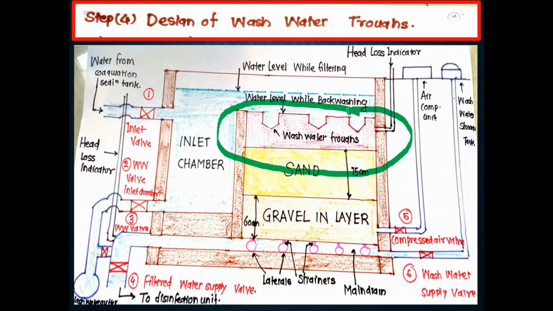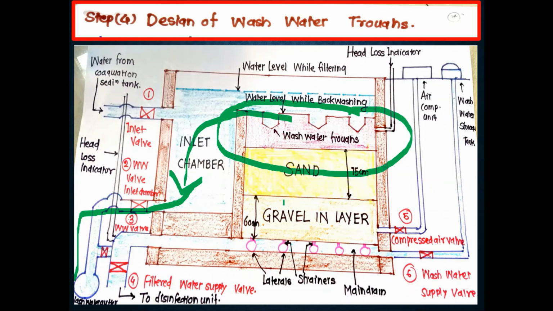What is the purpose of providing wash water trough? In the theory class we have discussed the application of the wash water troughs, and we have seen the description or use of wash water troughs. Because of the backwashing phenomenon of the rapid sand filter, wash water troughs are required. Wash water troughs perform the function of holding the backwash water and passing it towards the inlet chamber, and the inlet chamber passes it to the main wash water gutters. It takes part in the process of backwashing. Hence wash water troughs are necessary.